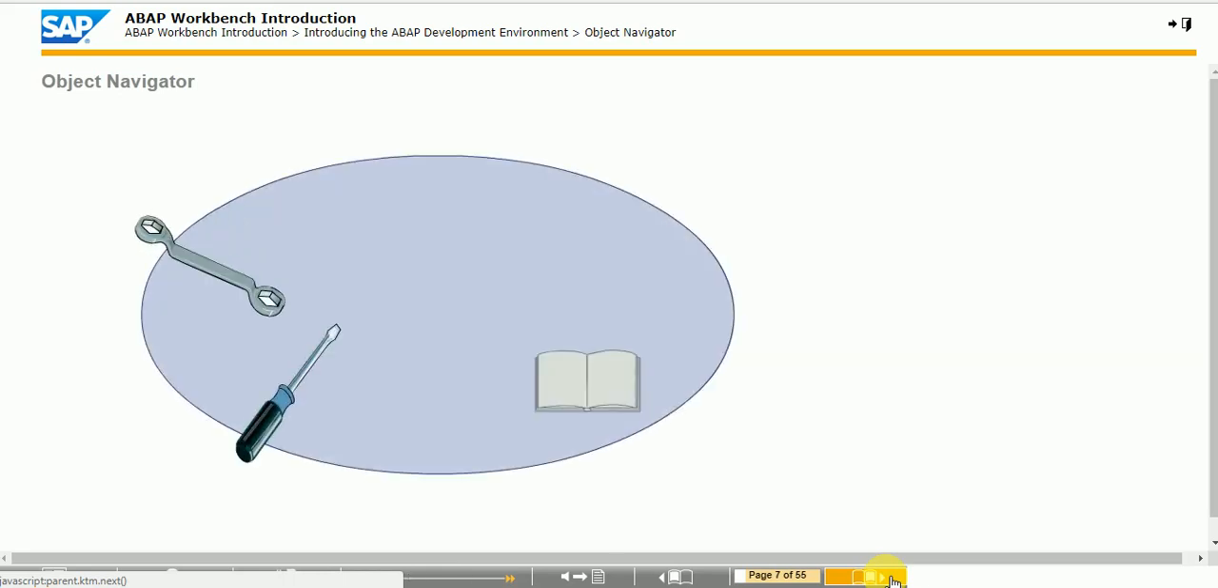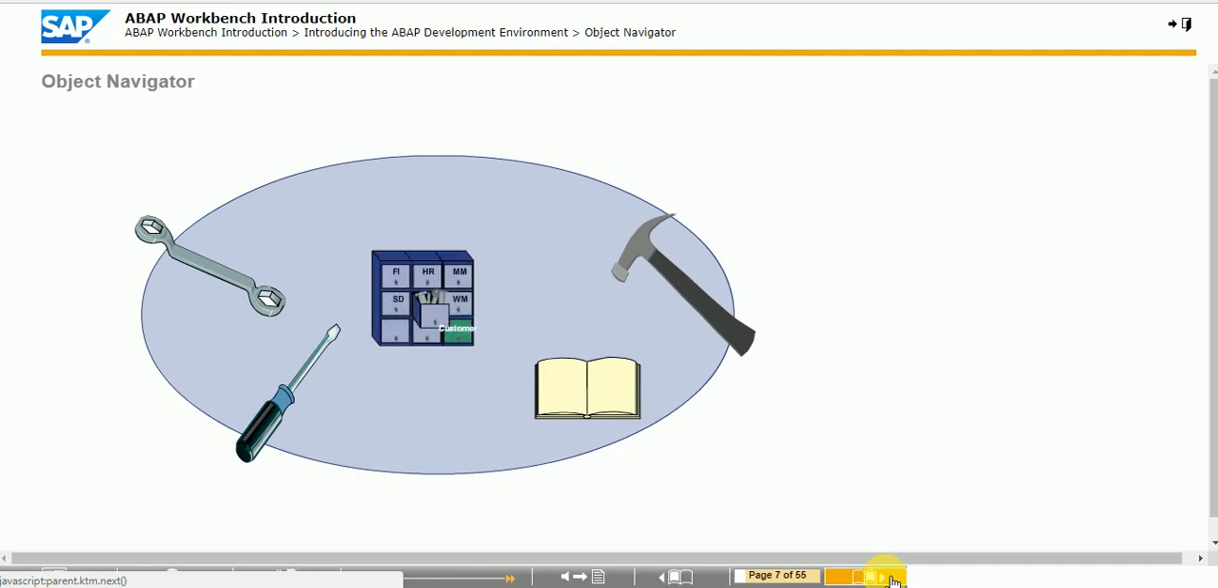The ABAP Workbench includes all tools required for creating and editing repository objects. These tools cover the entire software development cycle. Some of the ABAP Workbench tools are as follows: the ABAP Editor for editing the source code, the ABAP Dictionary for editing database table definitions, data types, and so on, the Screen Painter for configuring screens together with functions for